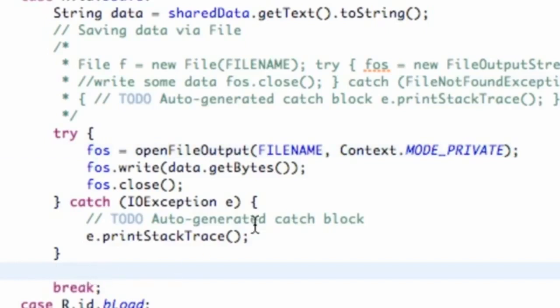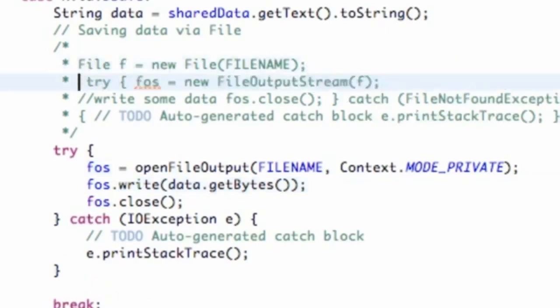And we are pretty much done. I mean, that's basically this tutorial. We learned about this write method, a few different ways that we can save, either by creating a file from a string and then using the file output stream to create that,